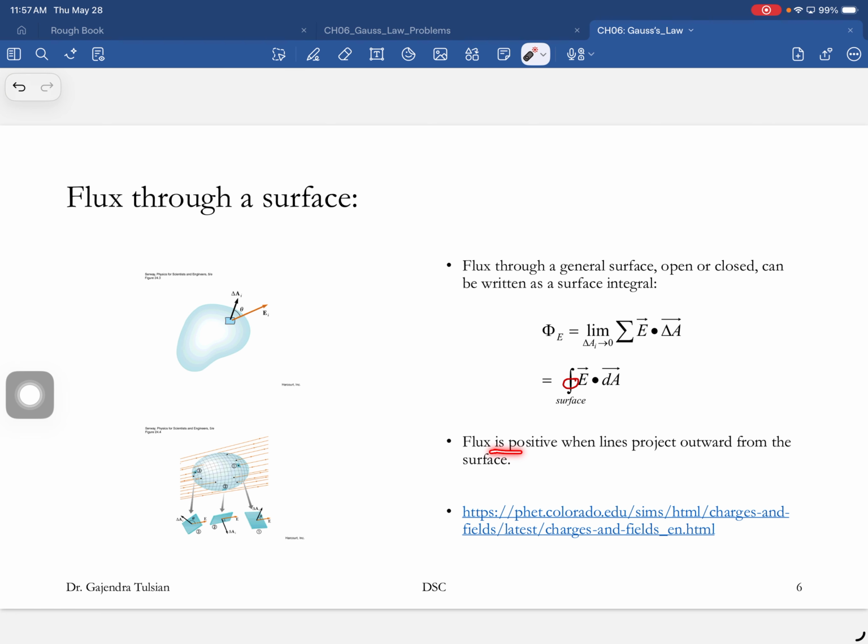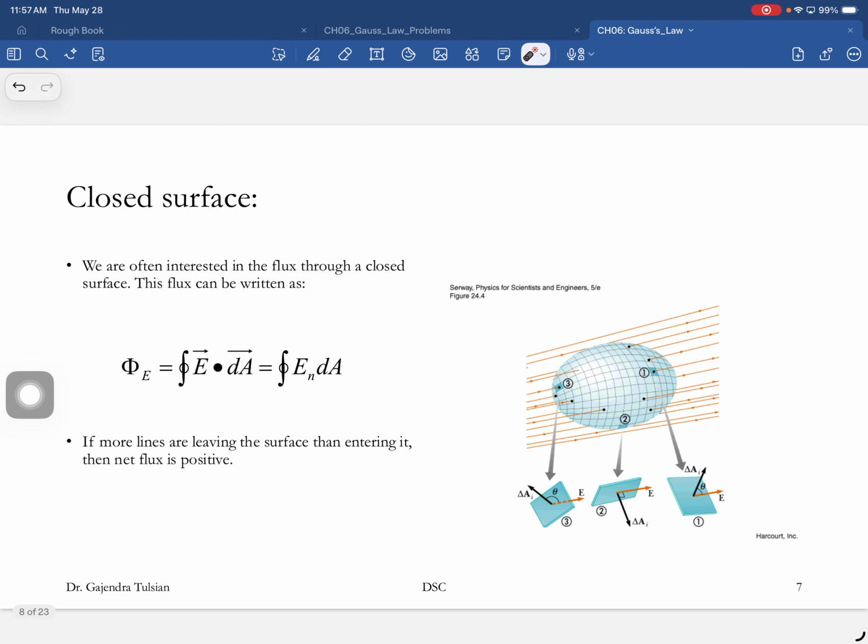So for instance, through this surface, what is the total charge inside? Zero. So there are as many lines going in as coming out. The flux through this thing is zero, because there's no charge inside. Okay, all right. We won't worry about that. Okay, so what this shows you is